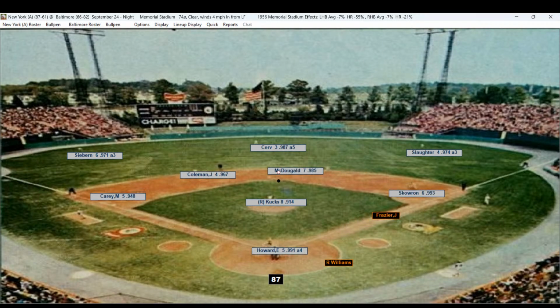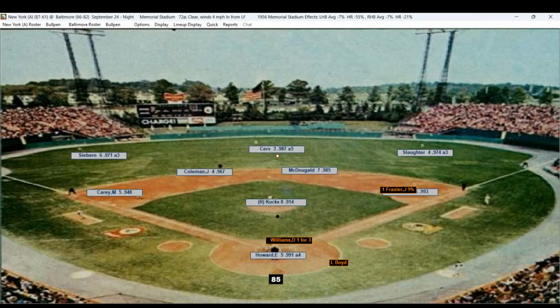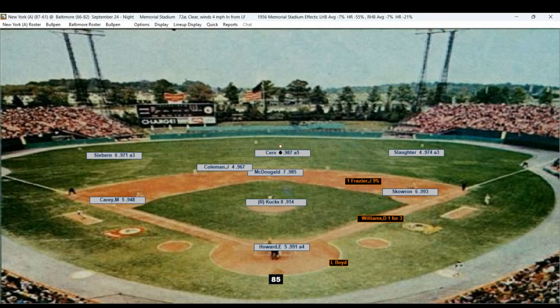Oh, I wanted this to be a strikeout so bad. Single to center field. Frazier reaches with a hit. That's their 7th. Nick Williams, 1 for 3, a single. Johnny Cucks, 27 batters, 102 pitches, 6+ innings, 7 hits, the home run to Robinson. He's walked 1 and struck out 2. There's a fly ball, shallow right center. Serve will make the catch, and Frazier